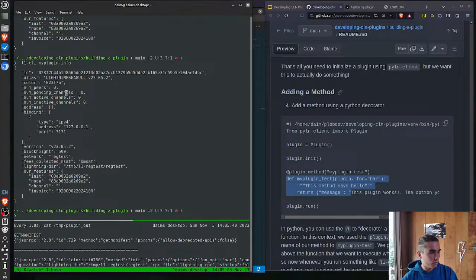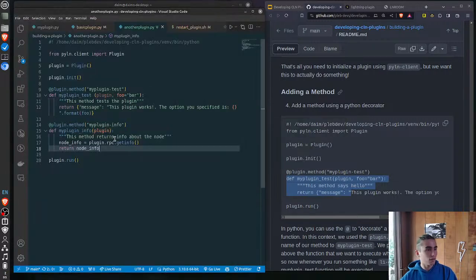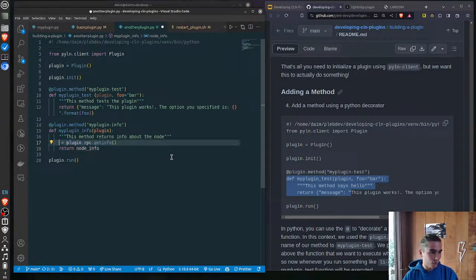So we kind of recreated the get info command, but you can see we can run any RPC command from within here. So what if you wanted to get an invoice? You could say invoice equals, what's the,